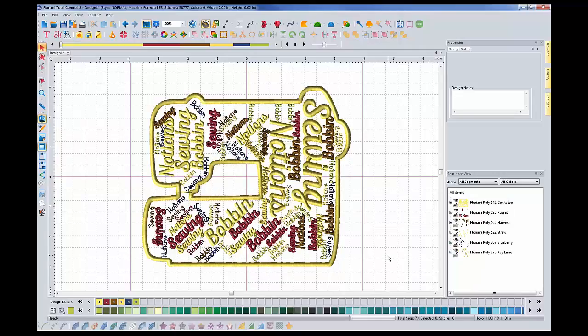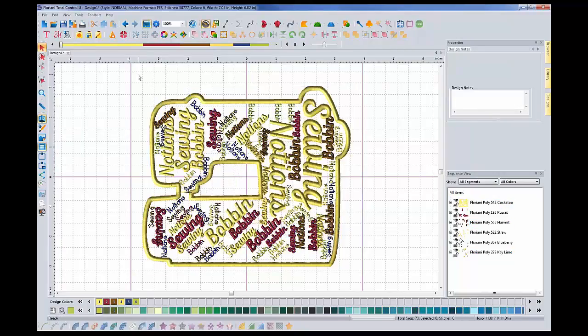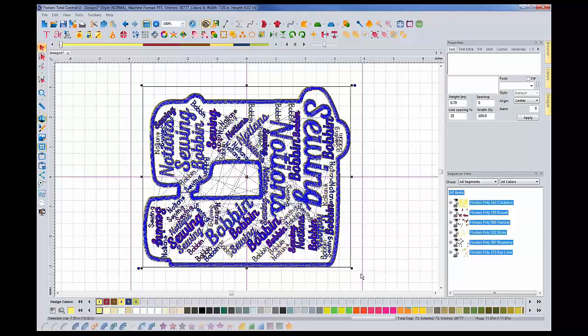One of the great things is that once you bring it in, you do have the ability to utilize our color play feature. And the color play feature is just an incredible way of changing colors for designs quickly and easily, and making sure that the colors work together. Because a lot of times it can be difficult to find color combinations that work well. And this actually leads us up into our next new feature that we added in color play. We added 2 new features. So I'm going to go ahead and hit color play, which is